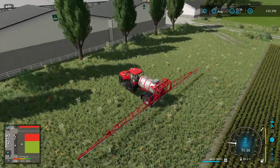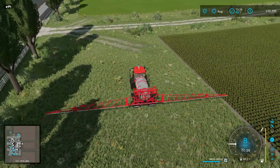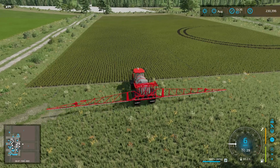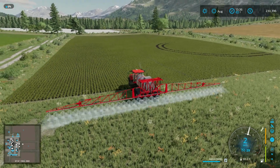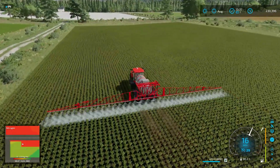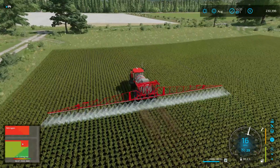I like precision farming, if nothing else, for the fact that it saves so much money on fertilizing, lime, all the applications. It saves so much money over the traditional. And in fact, I think, if I'm not mistaken, if we turn it on now, nothing gets used. Oh, it is using a little. I see the number going down there. Oh, it's going down a lot more now. Okay. So yeah, I think the idea is it certainly will save a great deal, because the other one is just a flat amount. If you're not using precision farming, you're just using a flat kind of I don't even know, not exactly sure how they even calculate what's being used, but